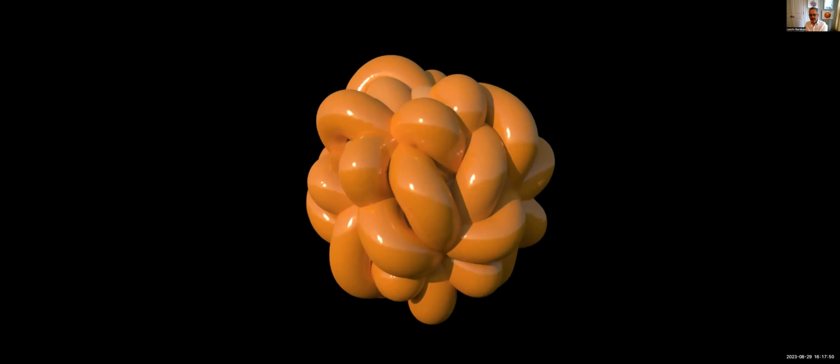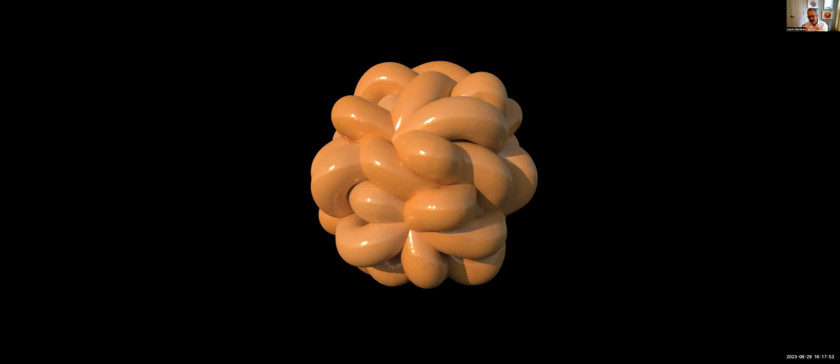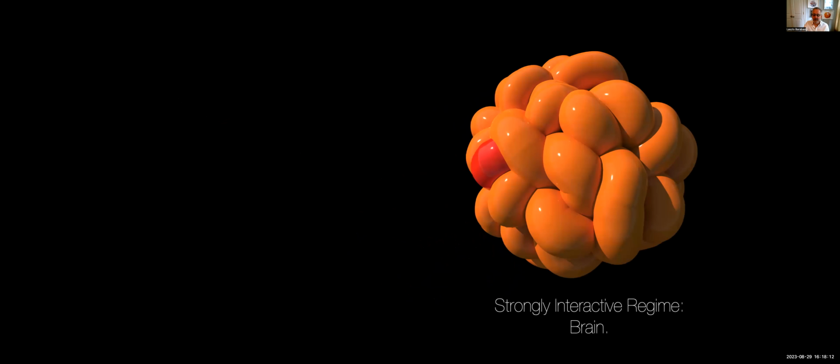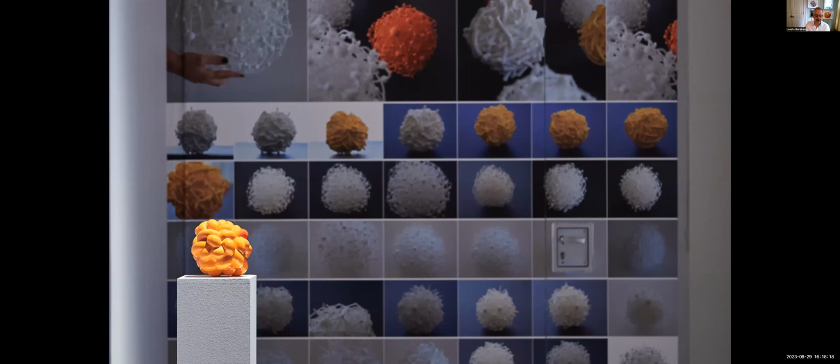Now, part of the lab's journey is to take some of these objects that come out of the scientific discourse and put them in a different context. In a different context means finding materials and representations that mostly come from the art space to really show this in a different environment. And I'm going to show you how this object was first shown in a museum on the left-hand side, which was turned in this case into a ceramic at Pécs near the Zsolnai factory.